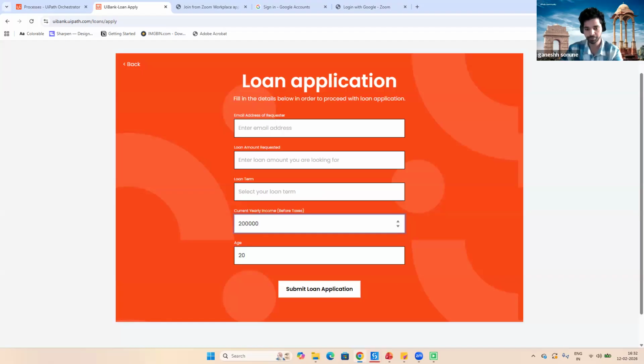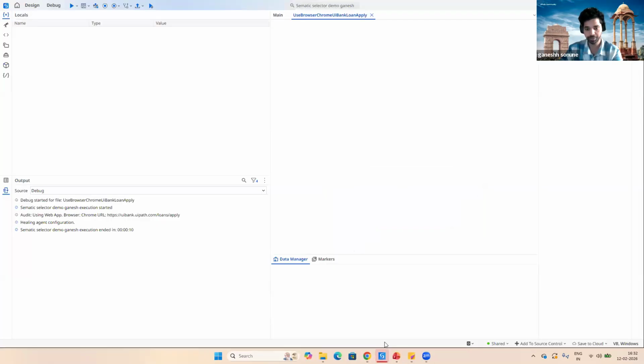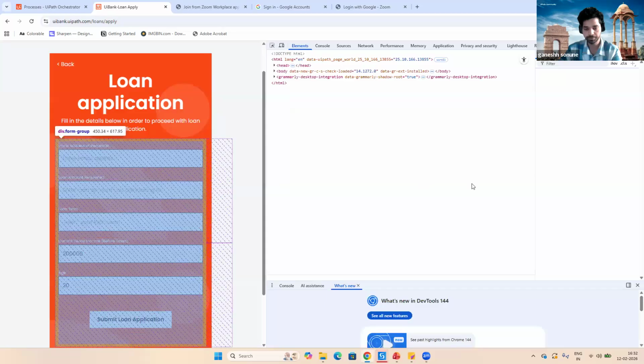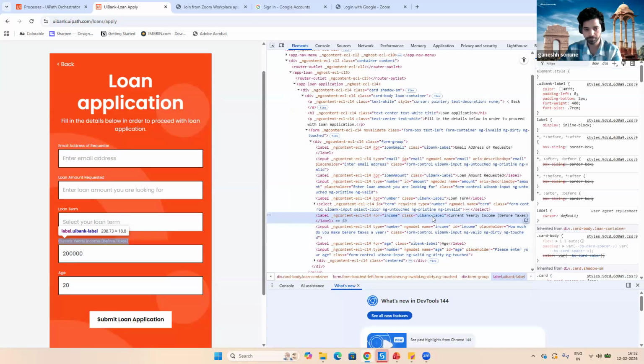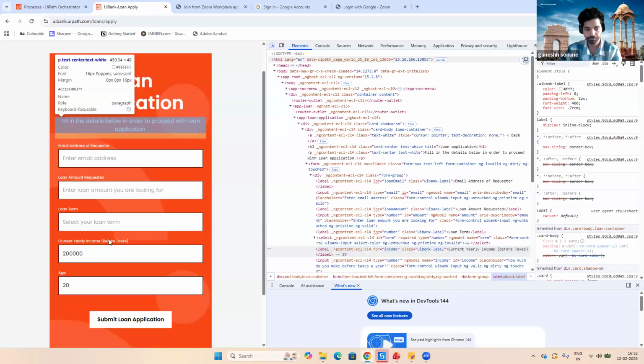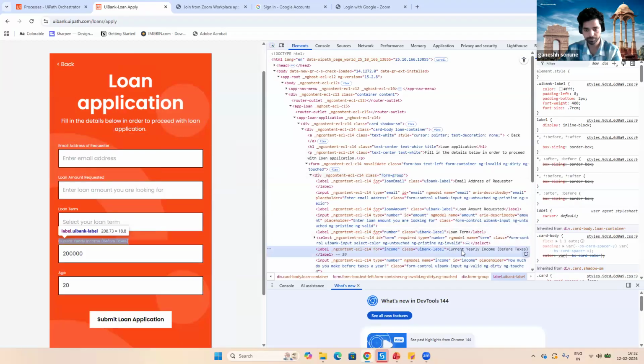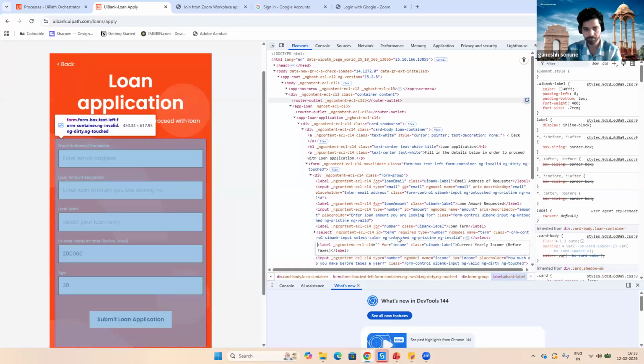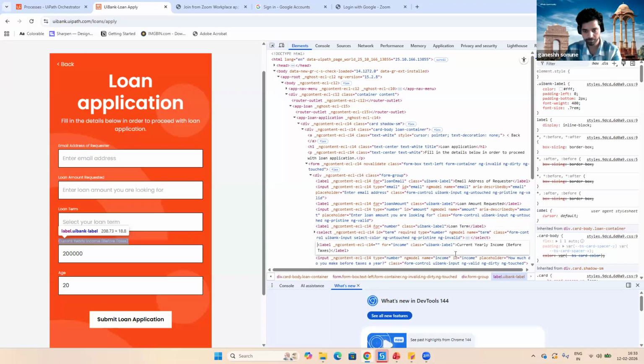Okay, it's working now because we have the same UI on that website. Let me change the UI of this website.